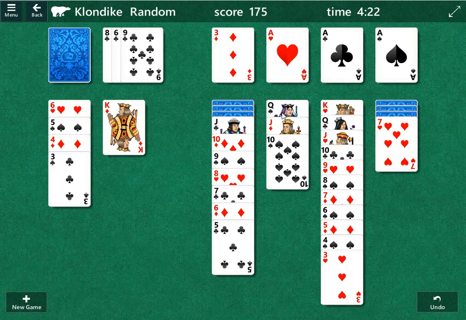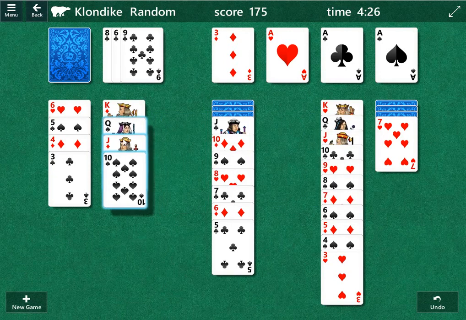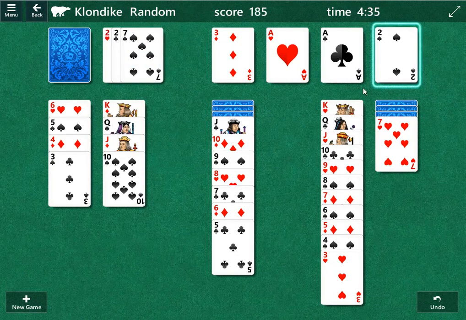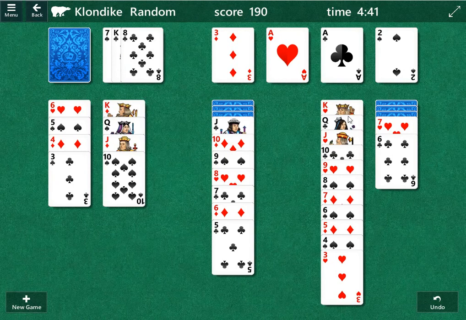Since we have another black queen over here, we can play this black queen. Otherwise, I might hold it just to be safe, just to try to maximize the number of moves that we get. So we'll start playing again. Again, that 2 of hearts is going to be our insurance card. The real trick is, can we open up these columns here? We may have to do some stuff,